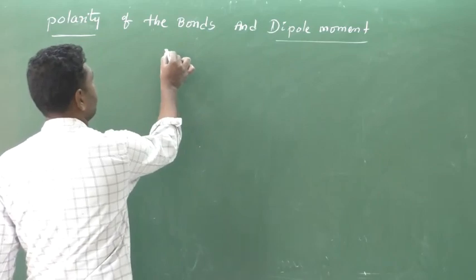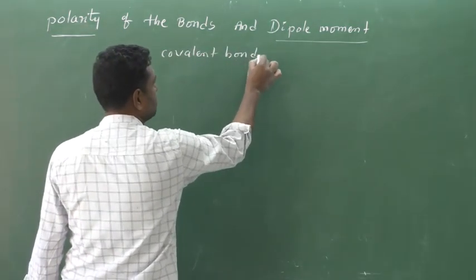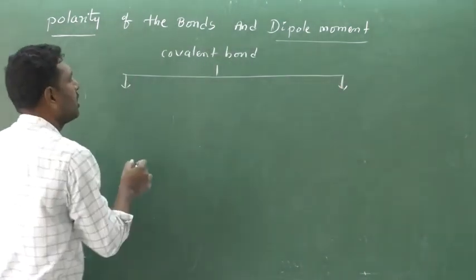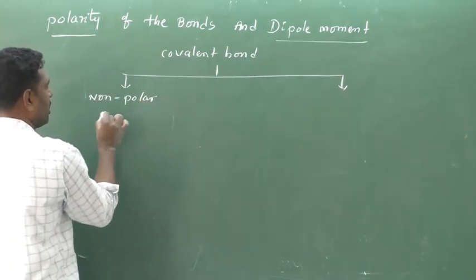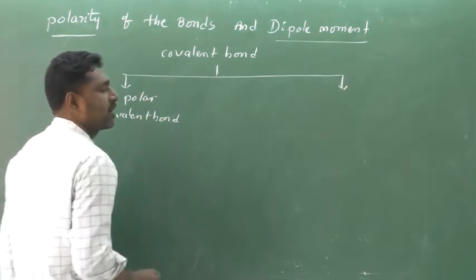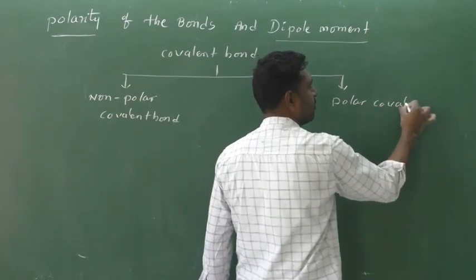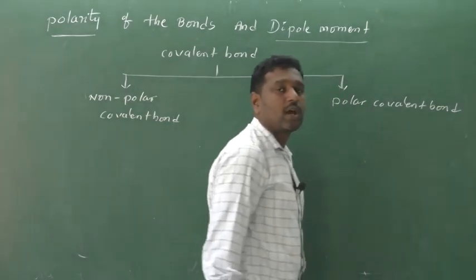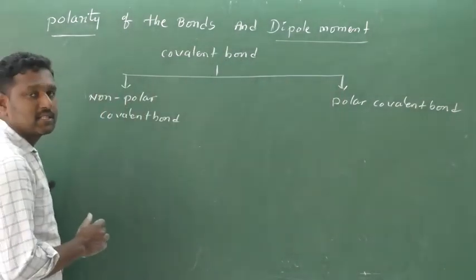Covalent bond is of two types. First one is non-polar covalent bond, and the second one is polar covalent bond. Non-polar covalent bond means the covalent bond exists